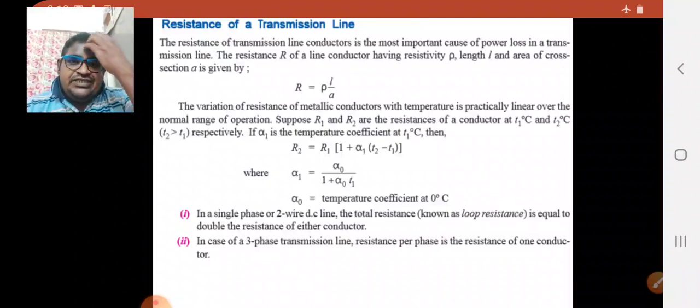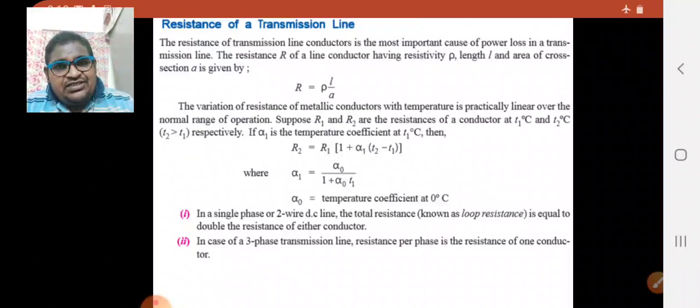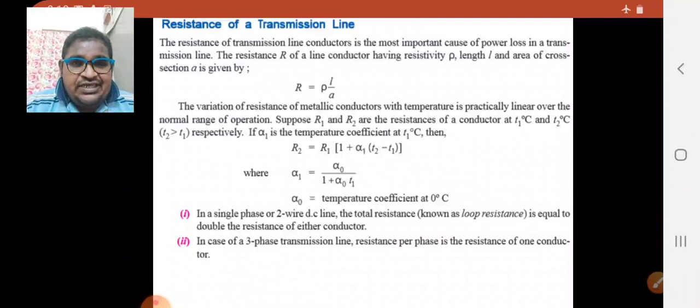That means when temperature is increased, how is temperature increased in the fuse of the house? In the fuse of the house, current is continuously flowing through the fuse. Whenever the current is passing, some amount of temperature is built up. Whenever the temperature is increased, the resistance of the copper is decreased. When the resistance of the copper is decreased, what happens? The current carrying capacity of copper is increased, which causes the fuse to break down. Hence we should use the alloy for the fuse.